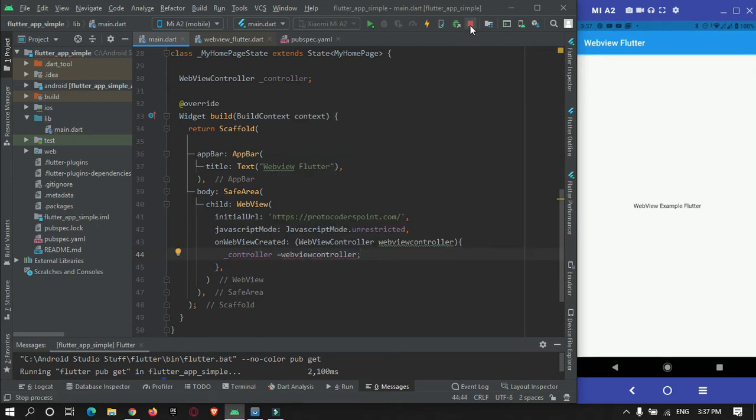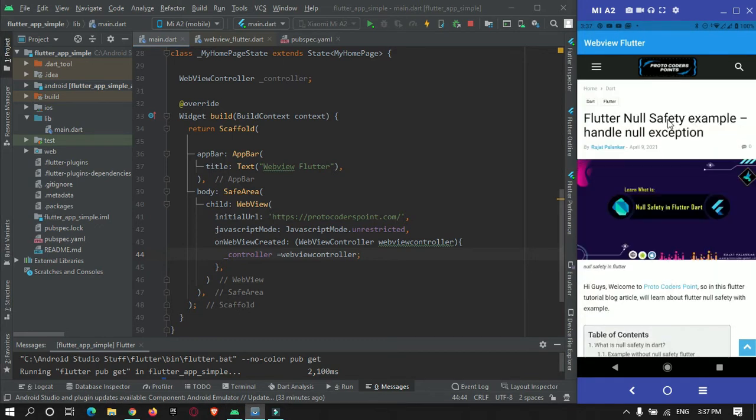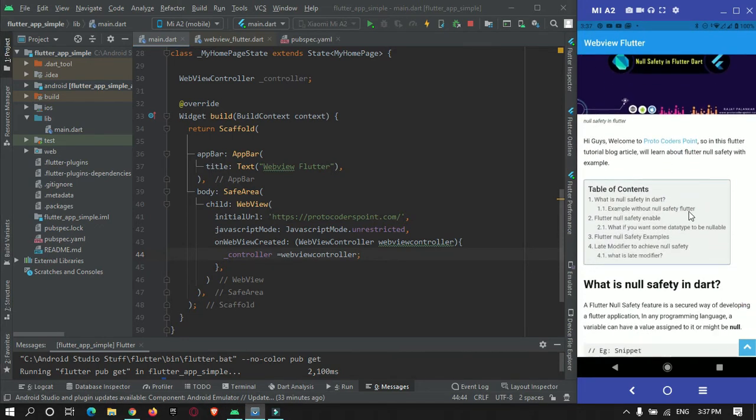Now if I restart our app, it will load my website. Let's check it. As you can see, this is my website that got loaded. If I go to some post, I can view it in our app itself.